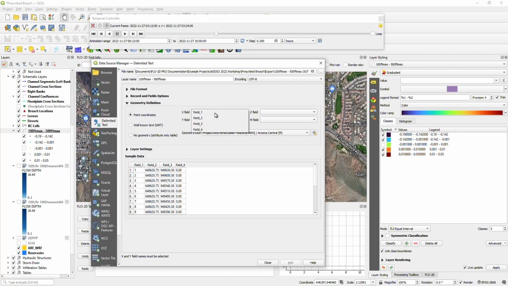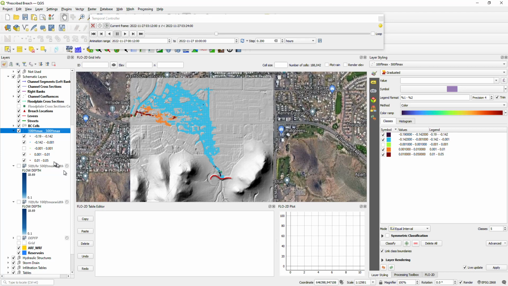Then this one is X coordinate is field 2, Y coordinate is field 3. And this needs to be set to the project coordinate system, which you can see down here. And then you just click add. But of course I've already done it, so I'm not going to do it again. Then once you get on this guy, this is the delimited text. It comes in, it looks a lot different than this. So then you have to start